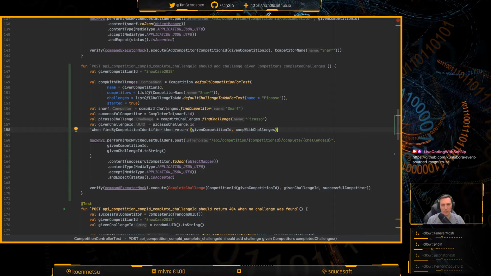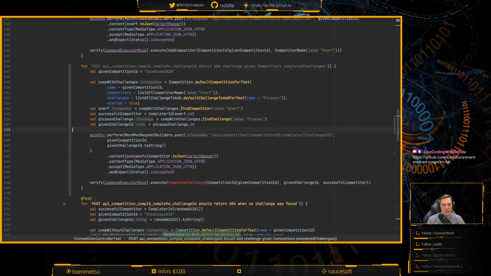The thing that we will be testing here is the fact that a command gets created from the parameters that are being passed to this controller method. So I think I'll need to keep some of this. Maybe even all of it. This I don't need, because that'll be a when. And the rest I might still need.